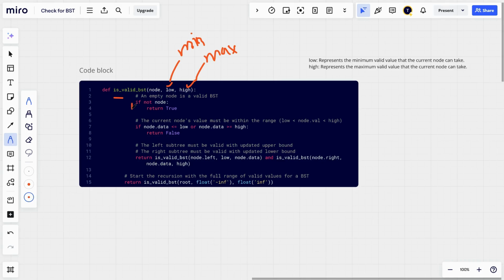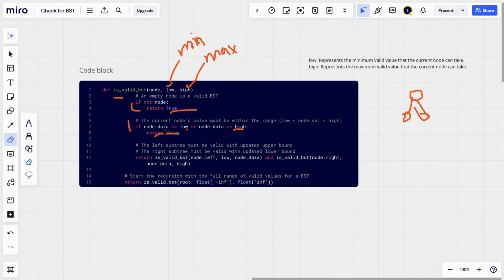And then we create an if condition: if node is not a node, it is a valid BST. If all nodes are valid BST, then it will return true. Or if node data is less than or equal to low, or node data is greater than or equal to high, then it will return false.